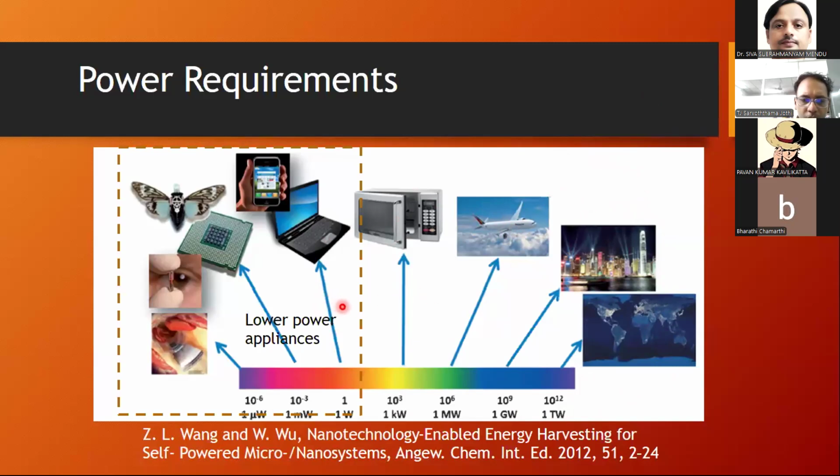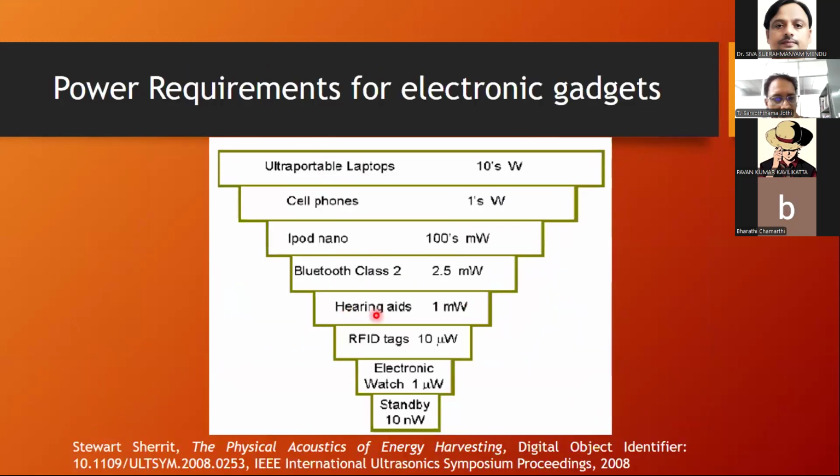But there is a lot of business potential or innovation potential in getting the power for these small power appliances. So I feel that we should concentrate on such energy harnessing for low power appliances. If I show you a small chart again, we have 10 watts, cell phones at 1 watt, and microwatts. These are very, very small power. So why not use some innovation on power development for such devices?